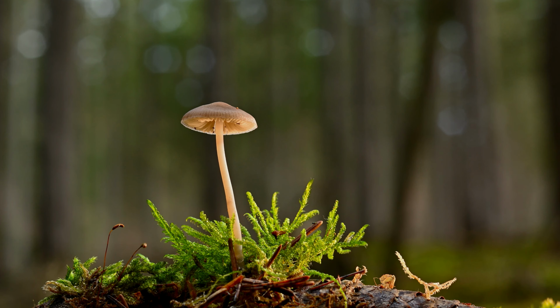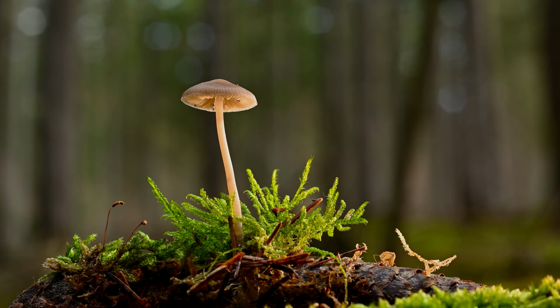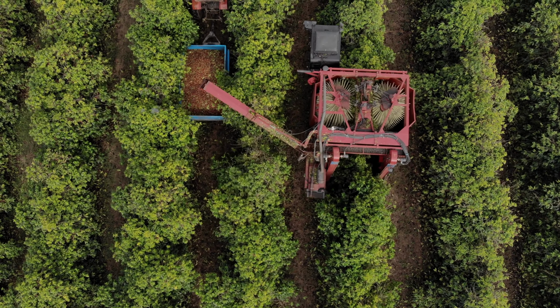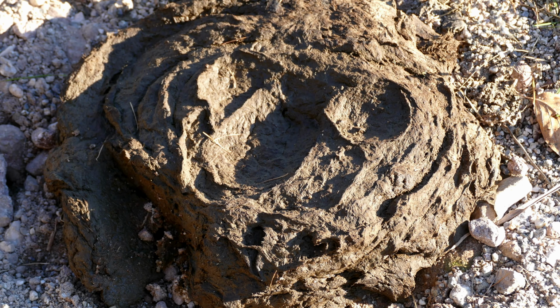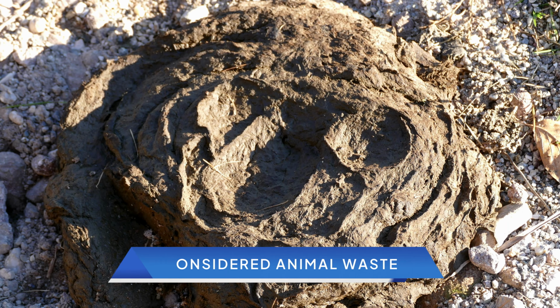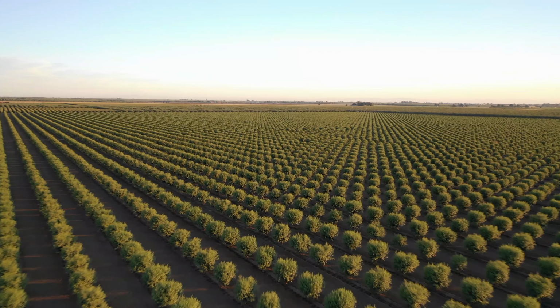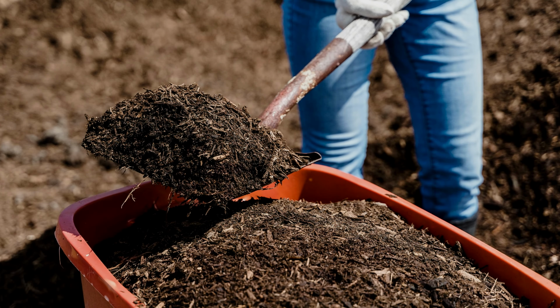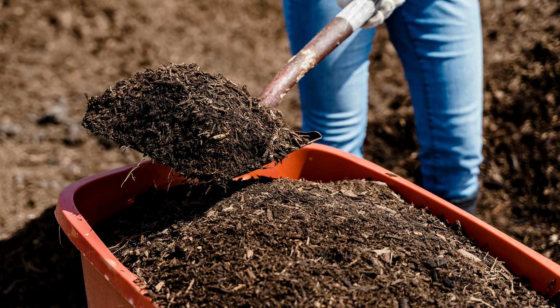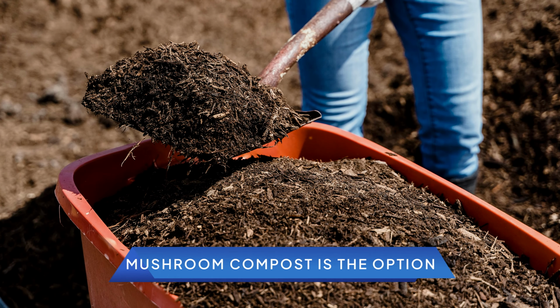Recycled byproduct. This feature is only available in the mushroom compost, making it an environmentally friendly option. After the mushroom harvest, the substrate used to grow the mushroom is designed to make the compost. On the other hand, cow manure compost is initially considered animal waste, and while reused in crops, it is part of waste management practices. If you want to minimize waste and broaden your garden applications, then mushroom compost is the